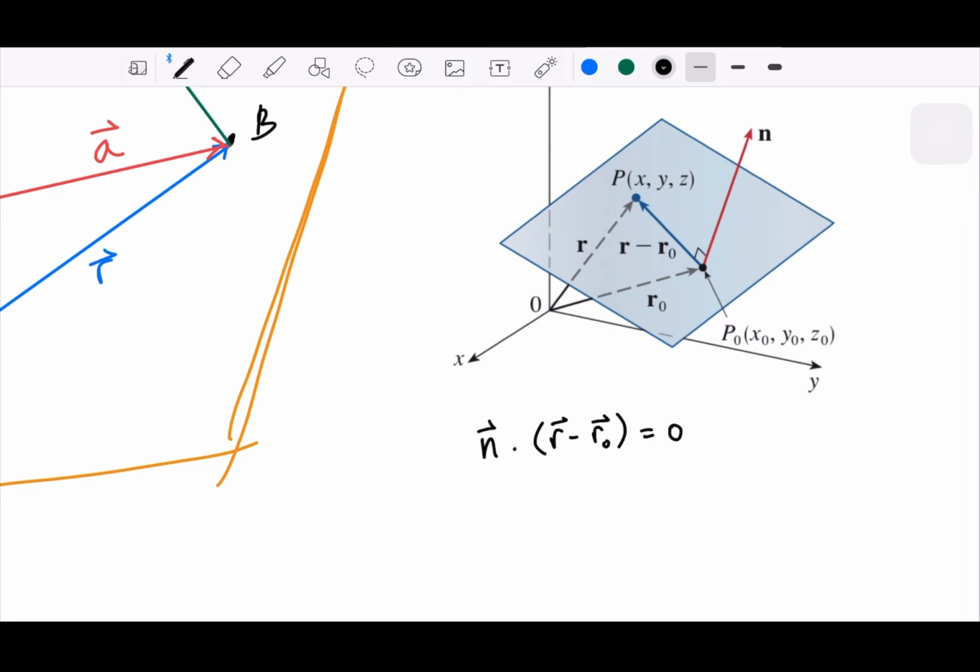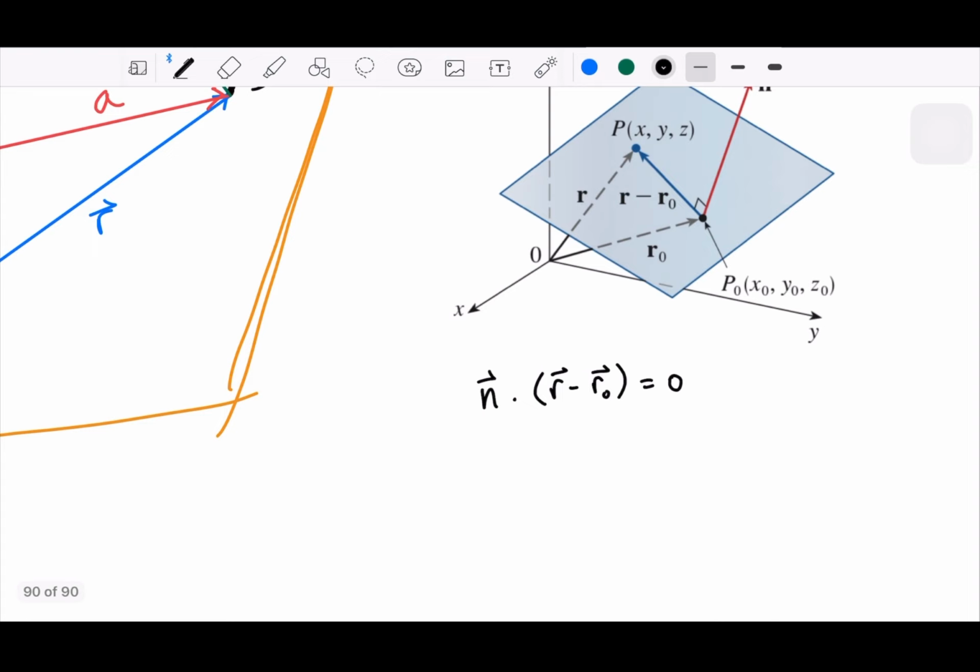Because you remember the dot product, the cosine should be 0, which is the 90 degree, right? Okay. So we can have this equation, or we can rewrite this in terms of,